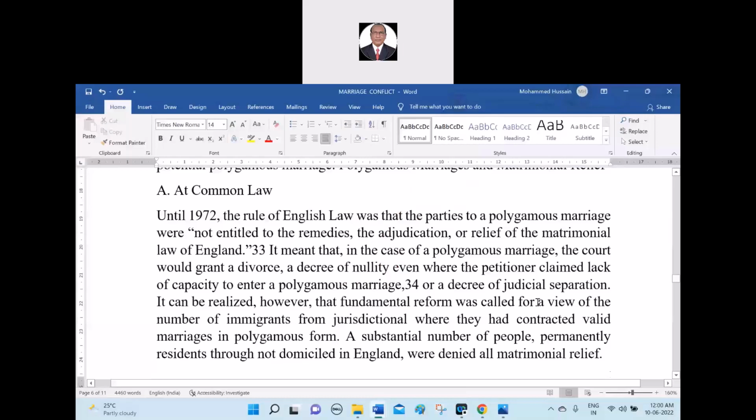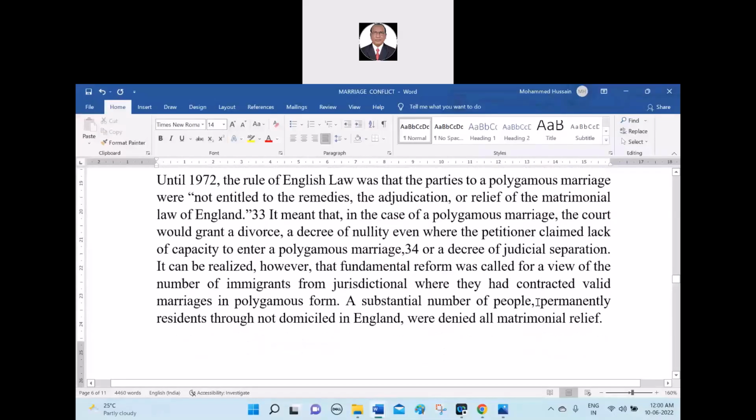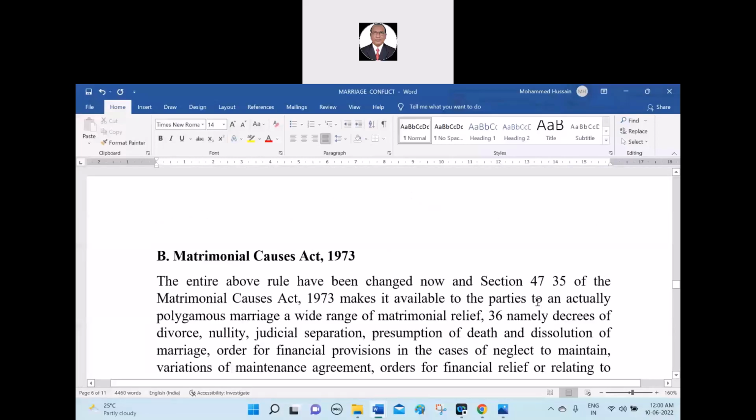But what is the position in the common law? In English law, there are no polygamous marriages now, and the law has been changed over there. Earlier it may have been so, but now there is no question of polygamous marriages. The court would grant the divorce or decree of nullity even where the petition claimed lack of capacity to enter the polygamous marriage. We did not discuss it because there is no polygamous marriage now, and hence we can skip this one. Of course, we don't have the Matrimonial Causes Act of 1973 because that is no more in our